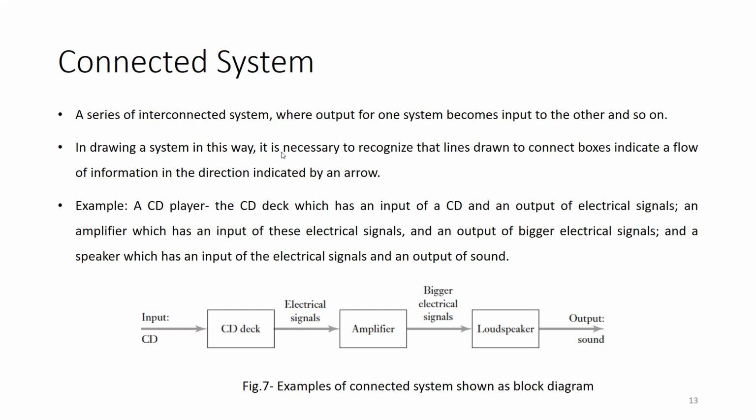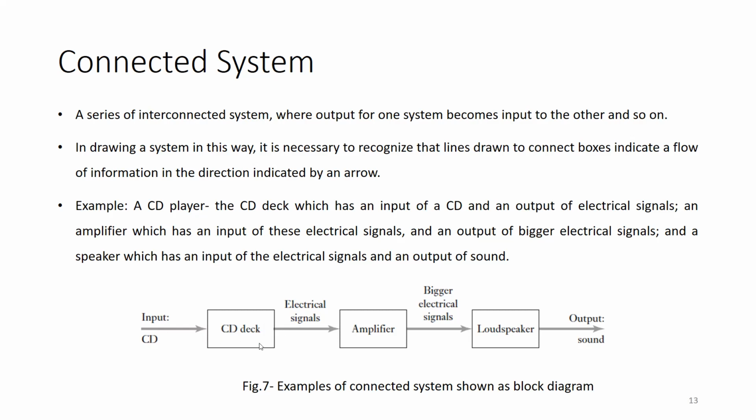Okay, in drawing a system in this way, it is necessary to recognize that lines drawn to connect the boxes indicate a flow of information in the direction indicated by an arrow. So here the information flow will only be in a single direction, which should flow in a given direction. Okay, that is important. So an example is there, a CD deck,